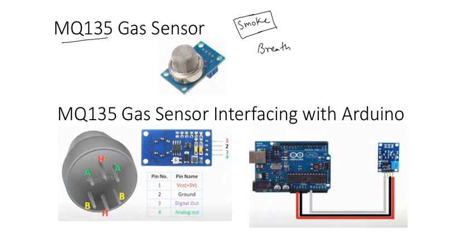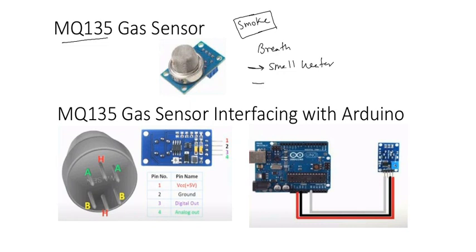So how does it actually work? This kind of gas sensor has a small heater inside. Whenever you are putting some air or breath onto it, or it is the environment also, that heater will start heating first. First you have to heat it, right? For that we have to give a separate supply to heat the heater.